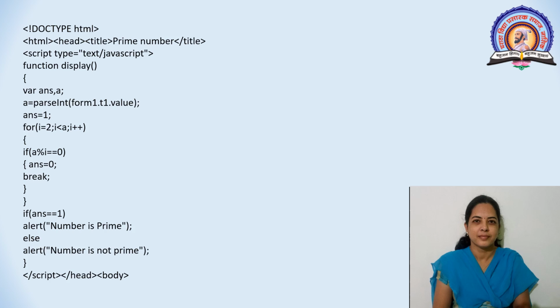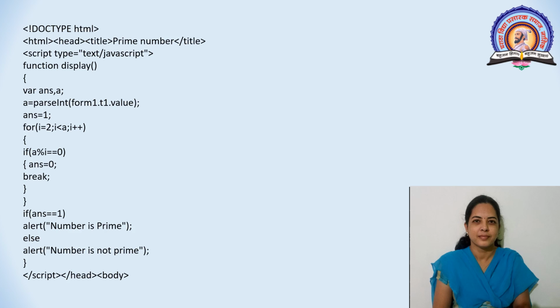It means here the initial value of i is equal to 2, i less than a, which means we will take some number, so we will increase the value of i from 2 up to that number, i plus plus. Here curly bracket, if a mod i equal to 0, answer is equal to 0. It means we will divide that number by the value of i.